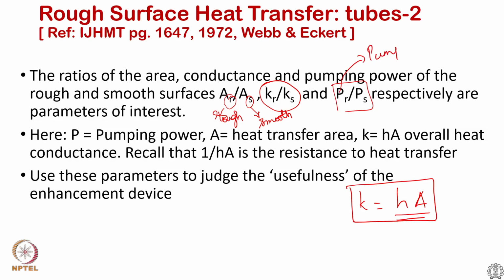We will discuss pumping power shortly, which is nothing but the flow rate times the pressure drop across it. So, we are interested in understanding these ratios: whether conductance is higher or lower, and pumping power. These are the parameters that we can vary and try to figure out whether the heat transfer enhancement device is useful